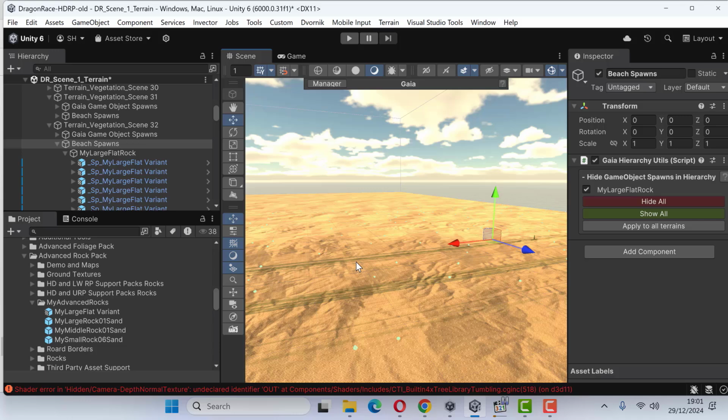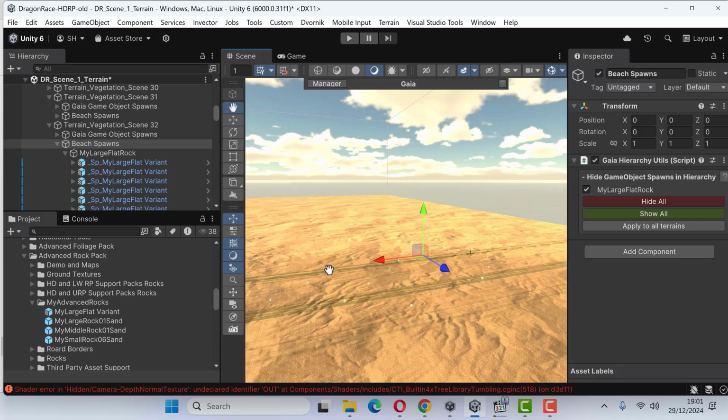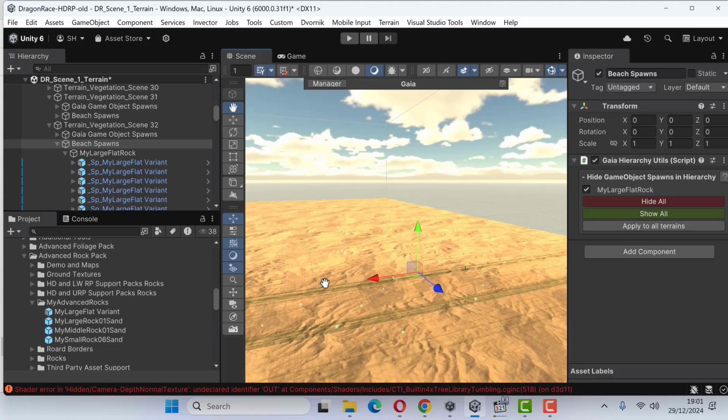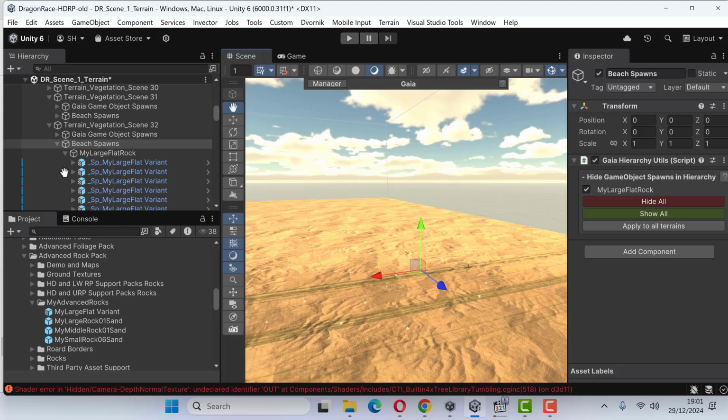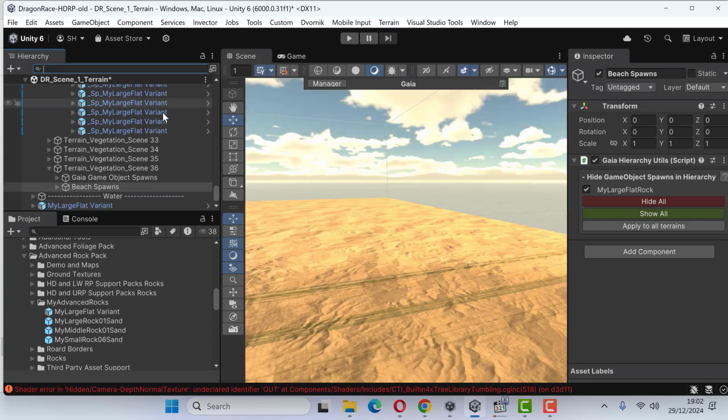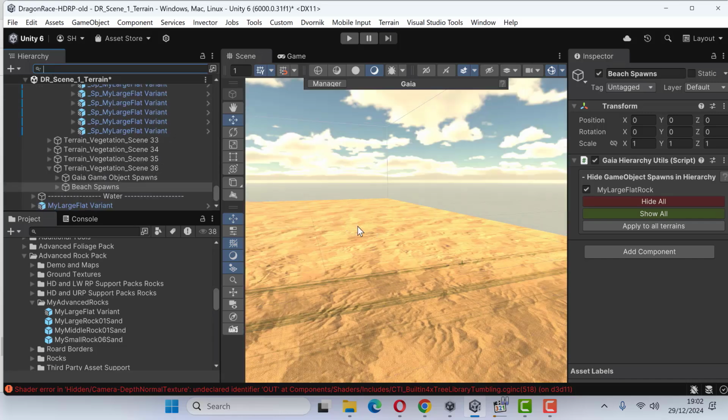And it's actually spawned, I believe, 35,000 of them. And it's only done, well, I'll tell you, it's done 6 terrains. 6 terrains and there's 35,000, so that's got to be... But when you look at this terrain,